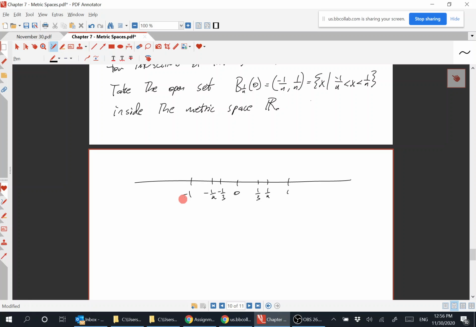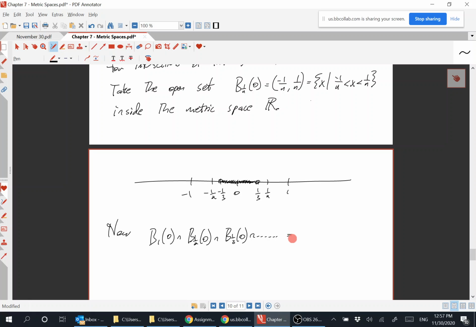Like this right here is the open interval from minus 1/3 to positive 1/3. So now the intersection, B_1(0) intersect B_1/2(0) intersect B_1/3(0), and so on, just keep going like that,